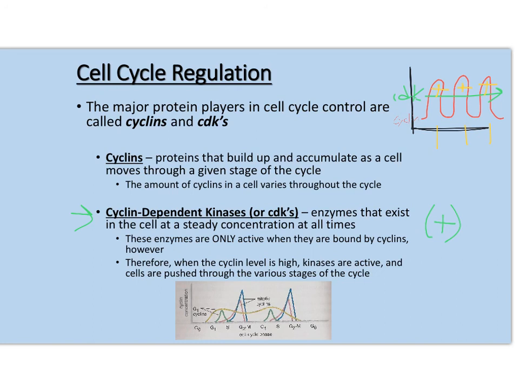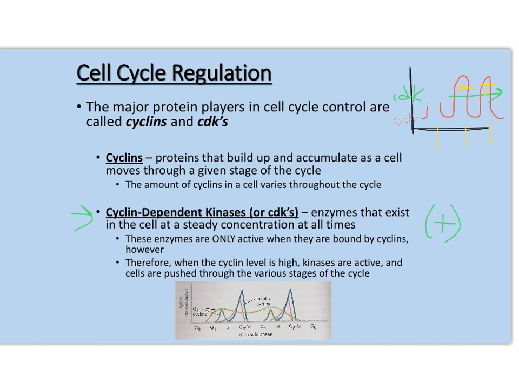The cyclins go up, the CDKs activate when they should, the cell continues through the cell cycle. But if something were wrong, right, let's say there is some DNA damage that gets detected, what the cell will do is it will lower the level of cyclins. It will lower the amount of cyclins. There we go. So to lower that level of cyclins, and then you don't get active CDKs,